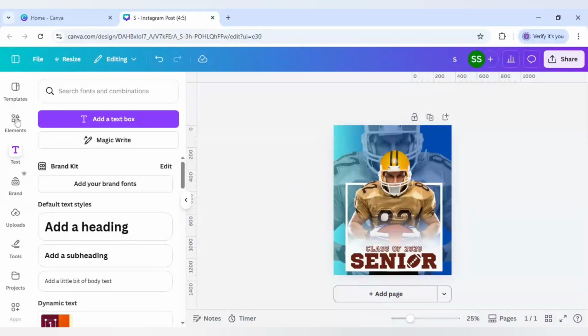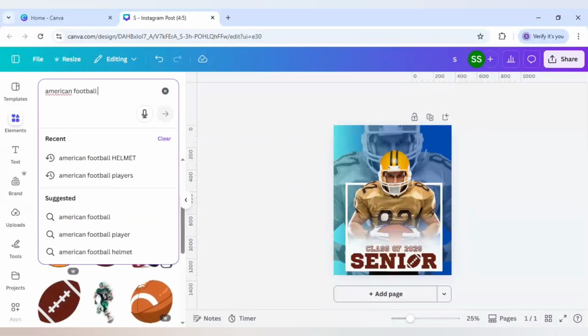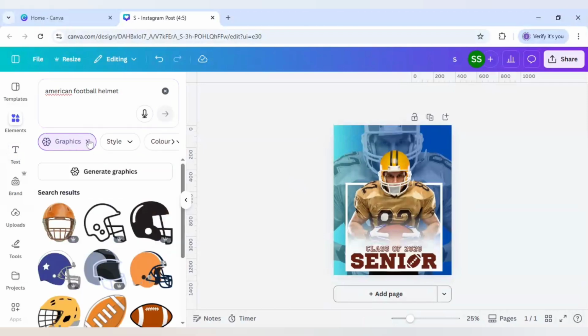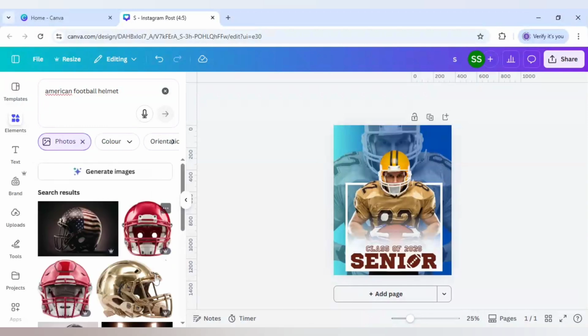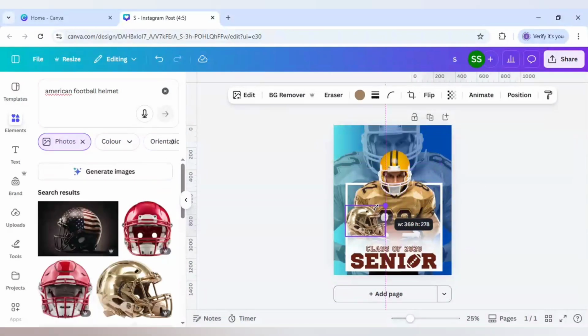Okay, and to make it more enhanced I will go to elements here. Here I will type helmet, so it becomes American football helmet, and I will go to photos this time, click on photos and click on see all, and I will use this one. Okay, and I will just make it smaller and tilt it a bit and use it here. So this one I have done